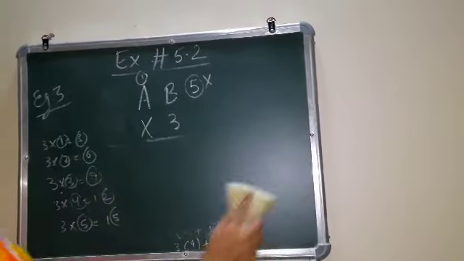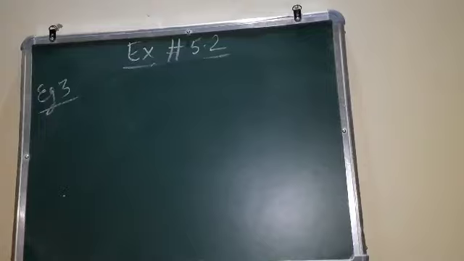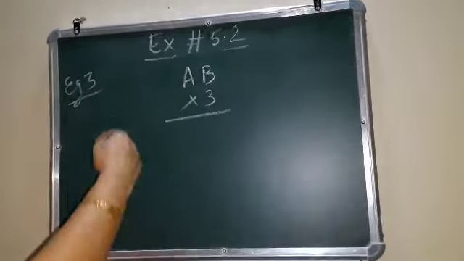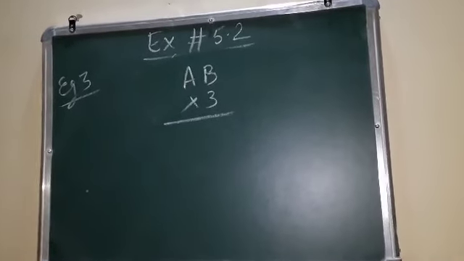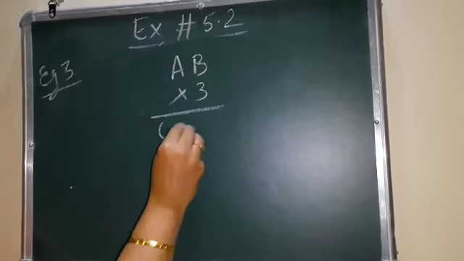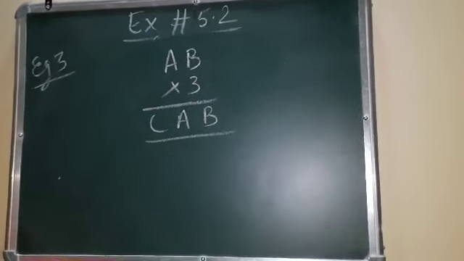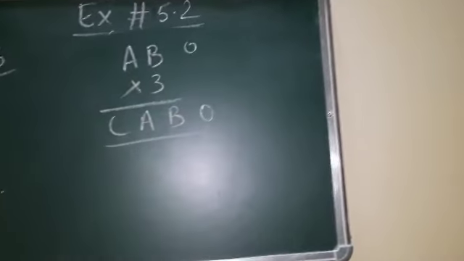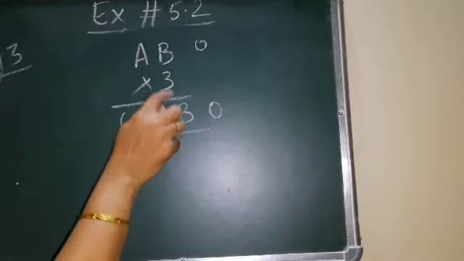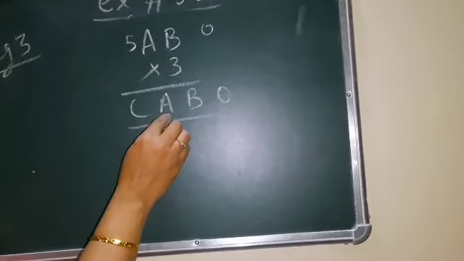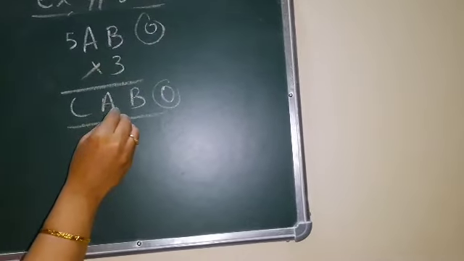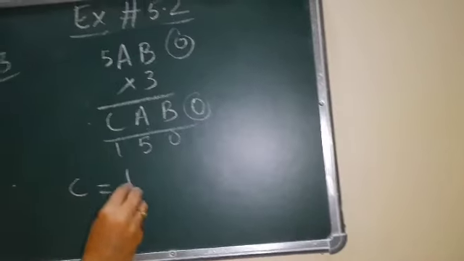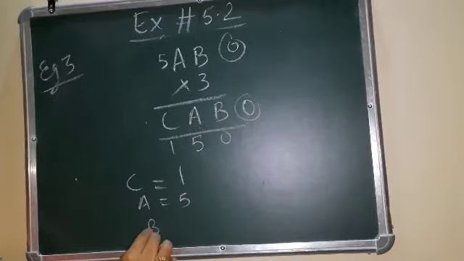So what will we do? We have to think of some other thing then. It was AB into 3. Now we were checking that only at 5 we were getting the same unit digit. Right? But at one more place you can get the same digit. How? If you put 0. 3 zeros are 0, then you can get it. And then if I put 5 here, I'll get 5 here also. So 3 fives are, I can get 15.